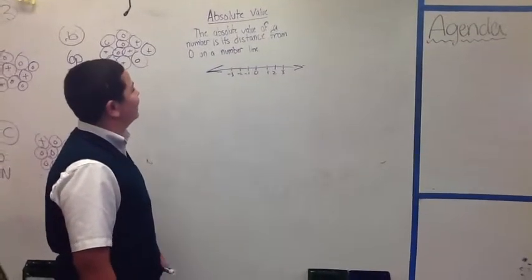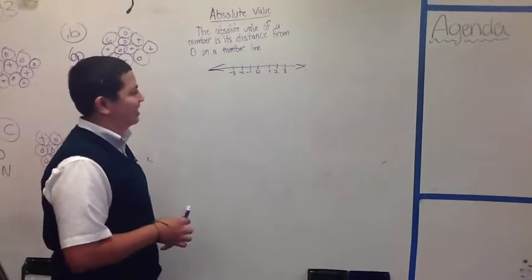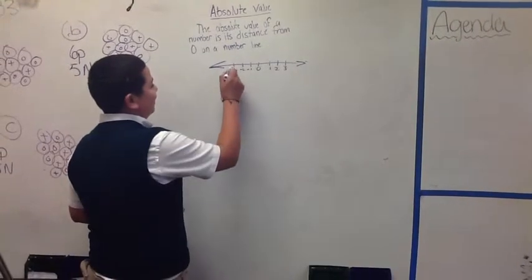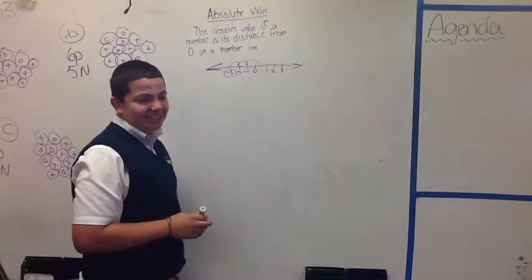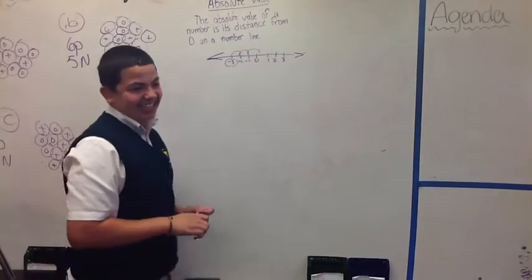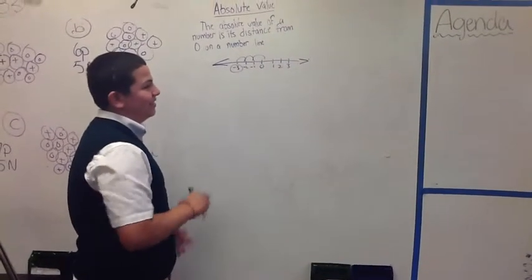The absolute value of a number is its distance from zero on a number line. For example, the absolute value of -3 is 3, since it's 3 spaces away from zero on the number line. One example of absolute value is